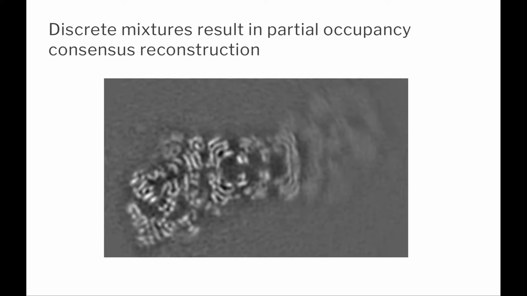So this is basically a slice through a reconstruction that shows some compositional heterogeneity. And when you and I and experienced structural biologists look at this, we sort of understand what's happening. And the notion is to transfer this intuition over to a program that can be quantitative about it. So for every point within this reconstruction, we're going to do some statistical analysis within every small region, and then establish a measure of contrast. That measure of contrast is going to be a proxy for the heterogeneity that we assume is within that region.